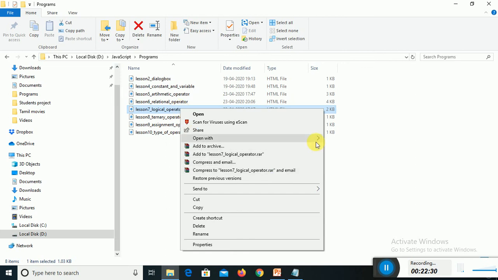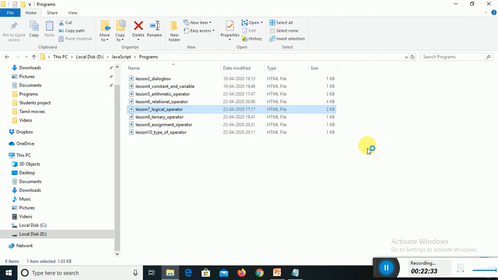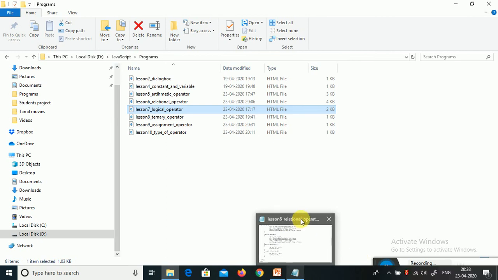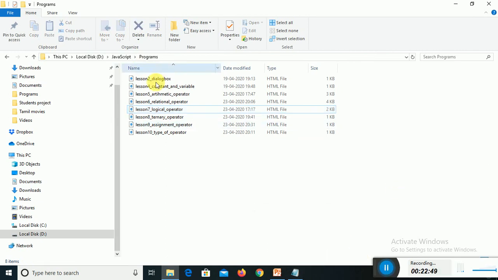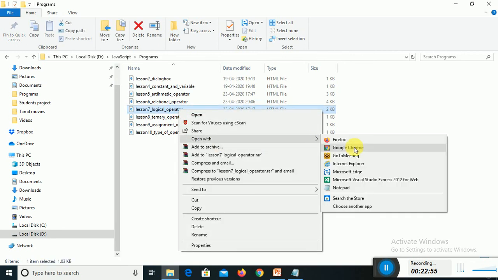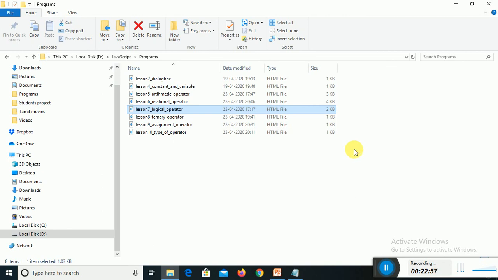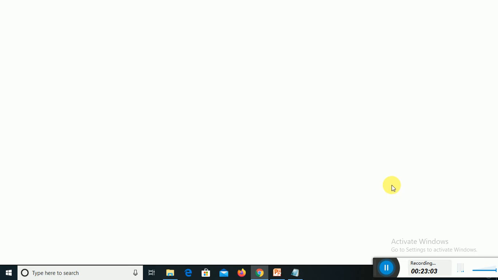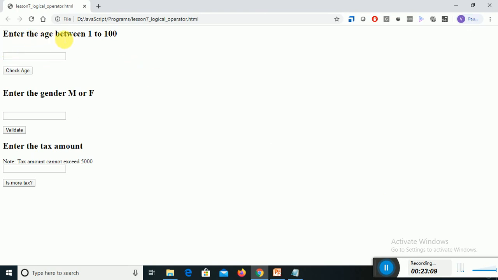For example, enter the age between 1 to 100 here. For example, I am giving here 65, check the age, it is valid. It means age should be greater than 1 and also less than 100. For example, I am giving here 150, check the age, then it is false. Or I am giving here -5 or something like that, it is also not eligible. You need to use the minus sign. -8, check the age, false. So it should be more than 1 and less than 100.